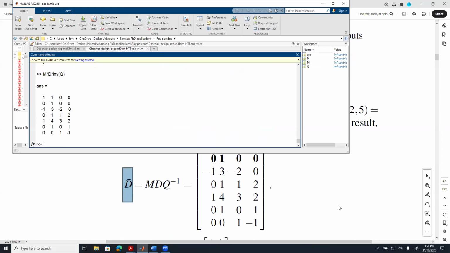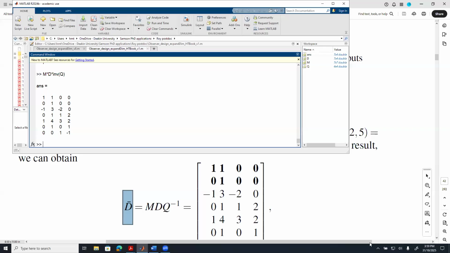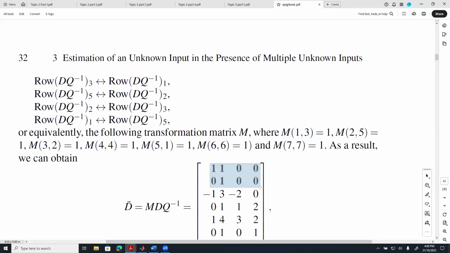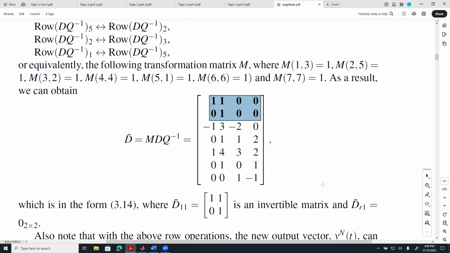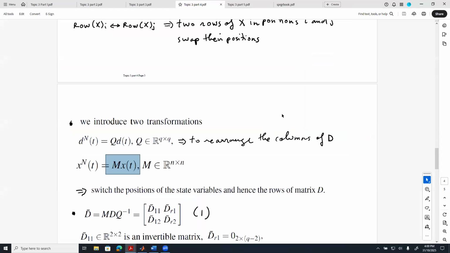And so that gives us the structure that we really want it to be. Okay. So that gives us the structure, and have a look at the structure here. So we get this block here. As you can see, the first 2 rows there is basically what happened in here. And so we achieve that objective of doing the rows and the columns operation, and therefore this will tell us